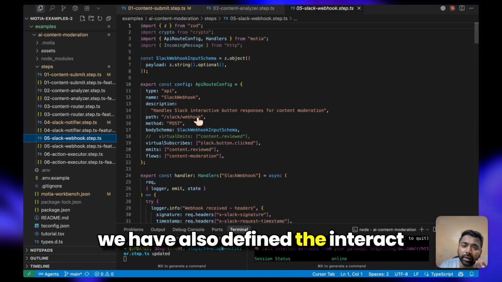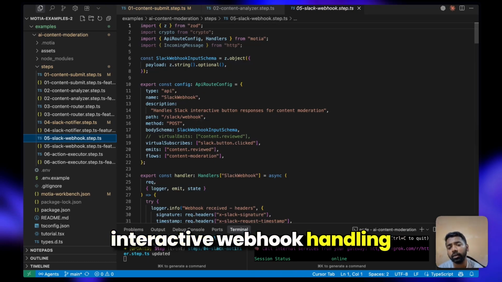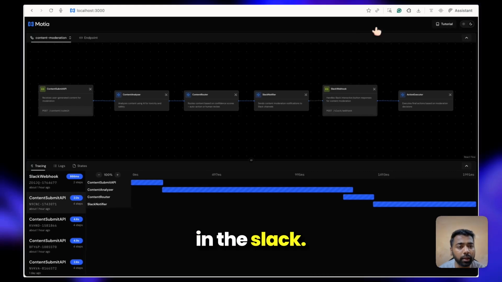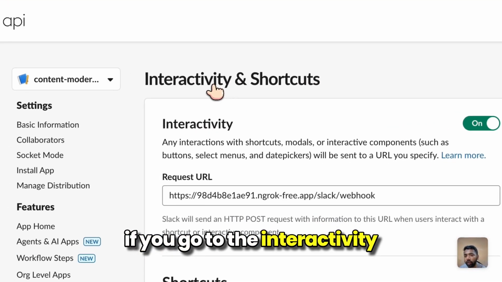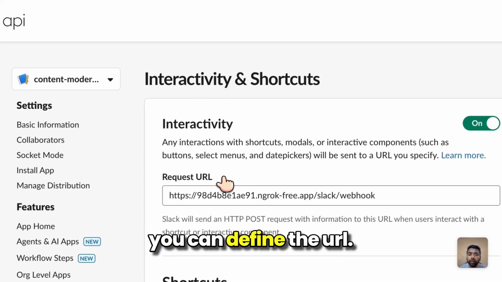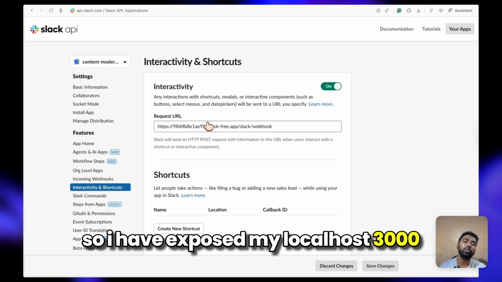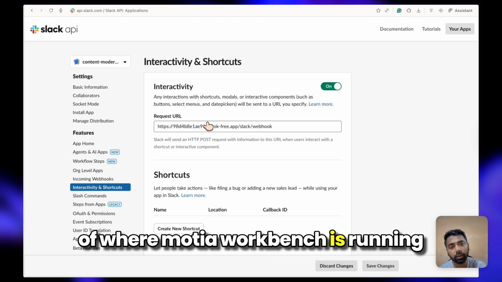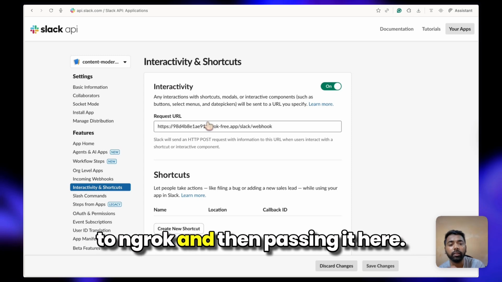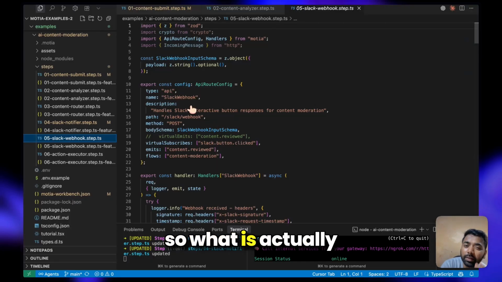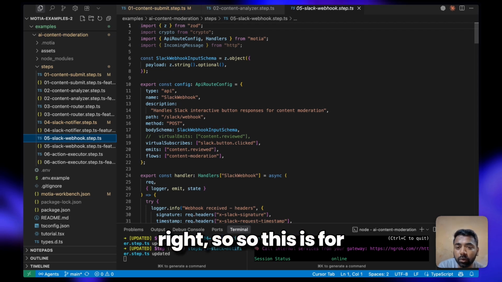We have also defined interactive webhook handling in Slack. If you go to interactivity and shortcuts, you can define the URL. I have exposed my localhost 3000, where the Motia workbench is running, to ngrok, and then passed it here. So what is the interactive thing? This is for the buttons on Slack.